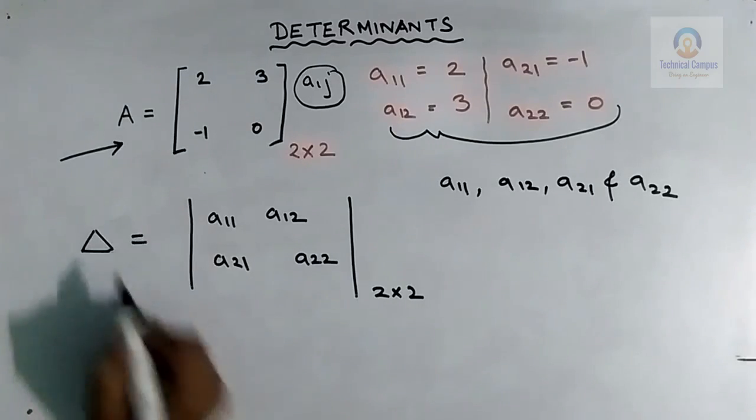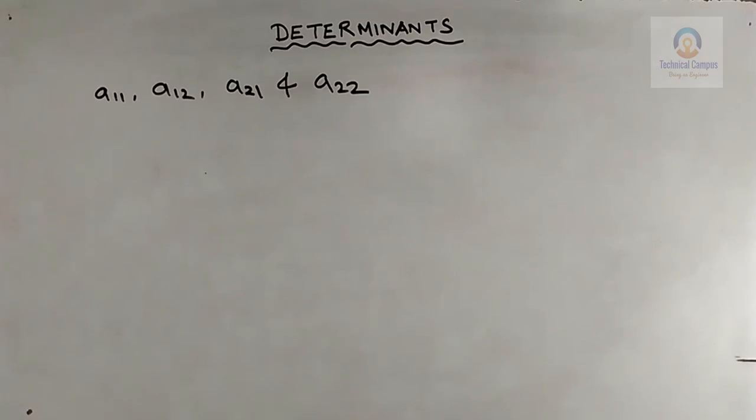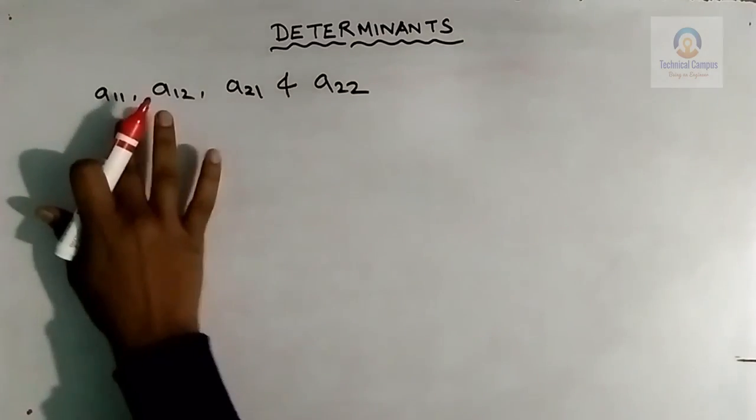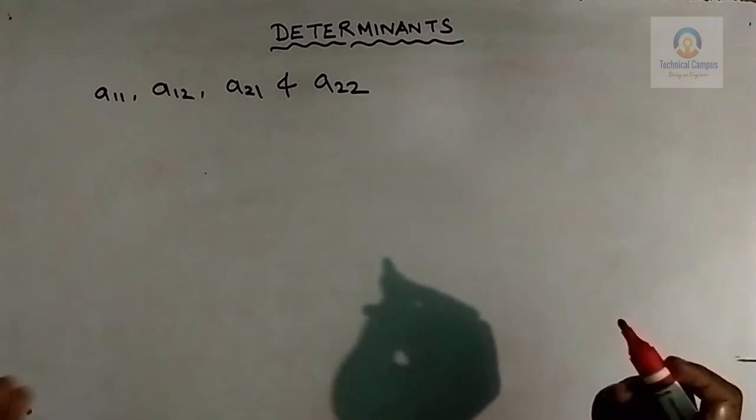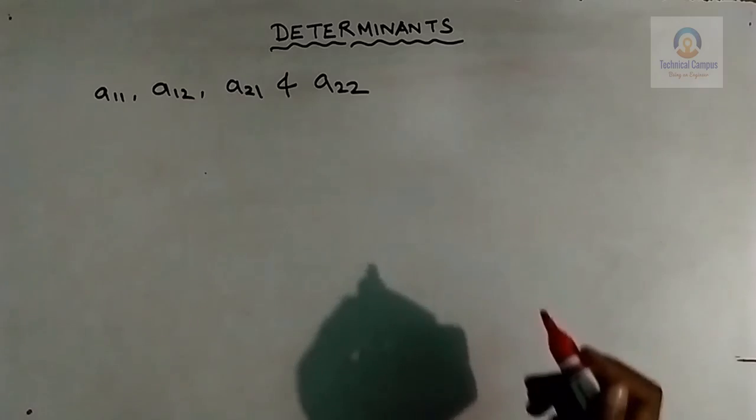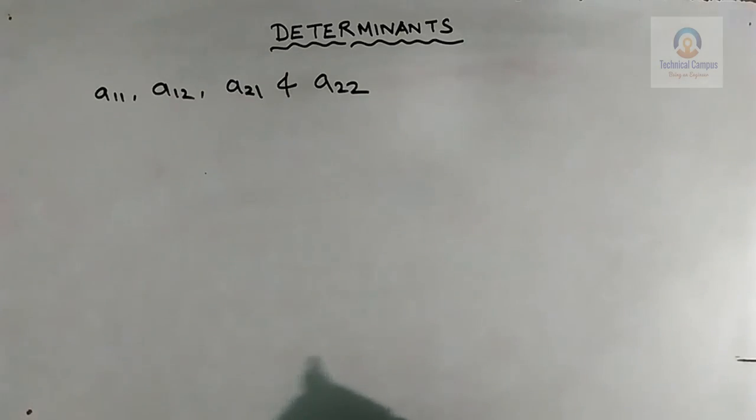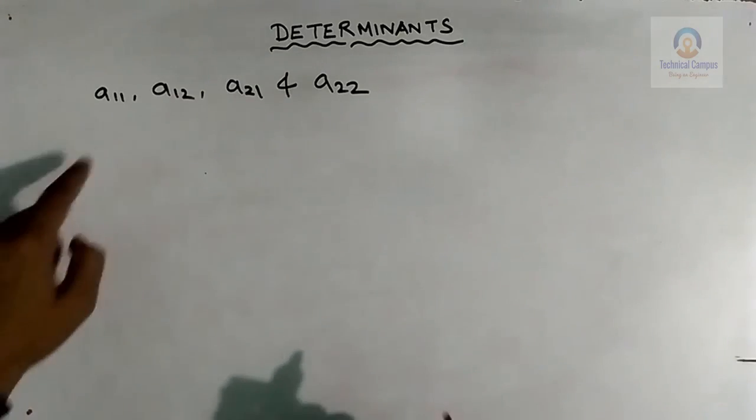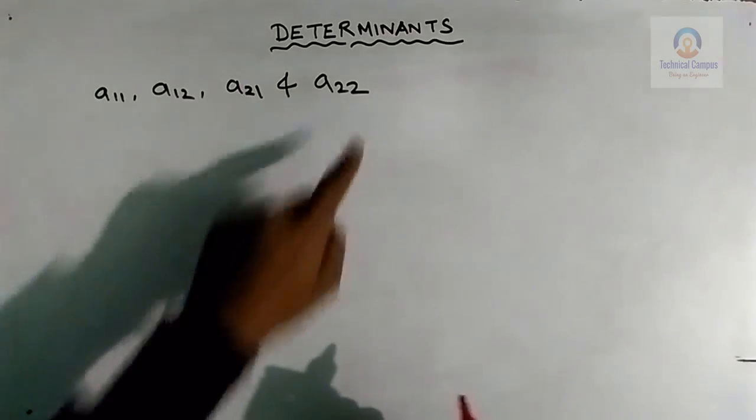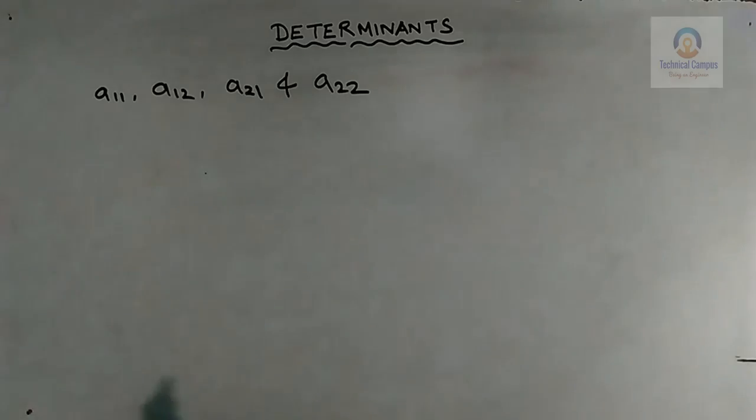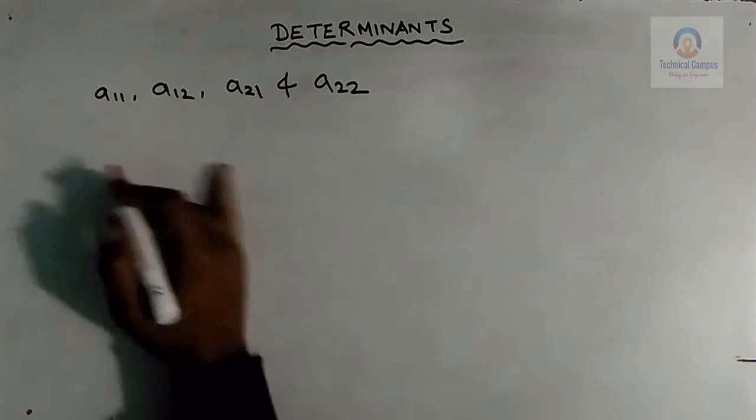Okay, and so suppose we have these 4 numbers, these 4 elements, A11, A12, A21, A22. The numbers may be any numbers. I just write the generalized form of the elements of any matrices. So suppose we have these four numbers A11, A12, A21, A22, and we write them in this way,